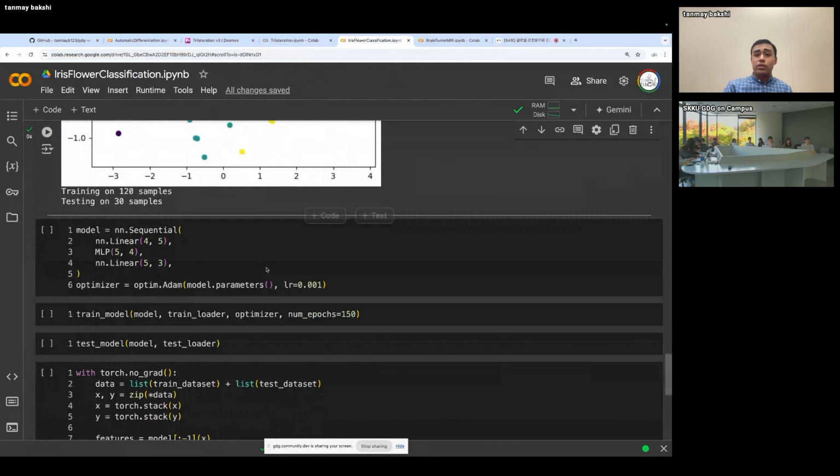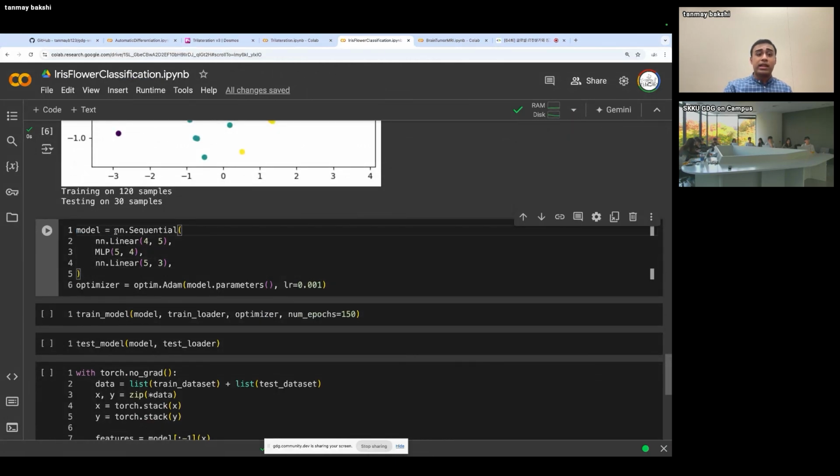Now, given that, we want to train a simple model on this data. The way that we do it is by telling PyTorch to create a simple model that takes the 4 measurements of each flower and projects it up into a 5-dimensional space, then runs what's called a multi-layer perceptron, which is a special kind of machine learning model, specifically a kind of neural network architecture. Effectively, this multi-layer perceptron layer will take that 5-dimensional representation of the measurements, project them up 4x to 20 dimensions, and then project them back down to 5 dimensions.